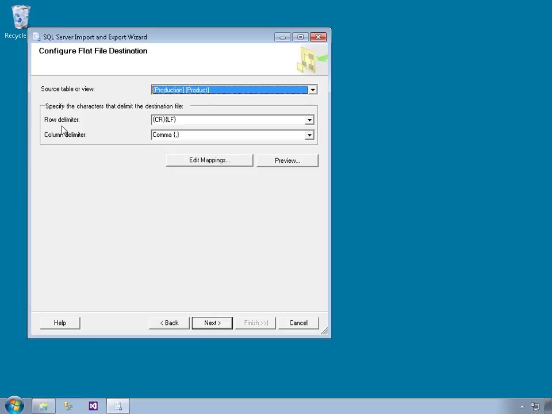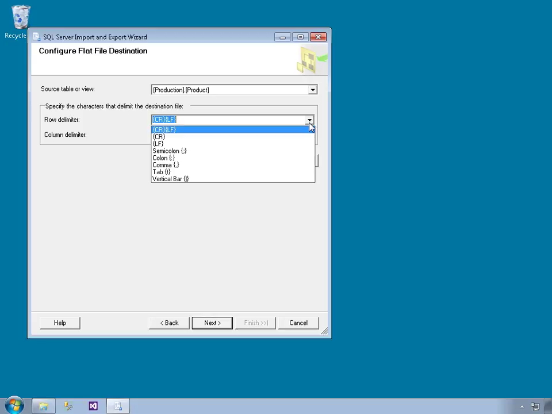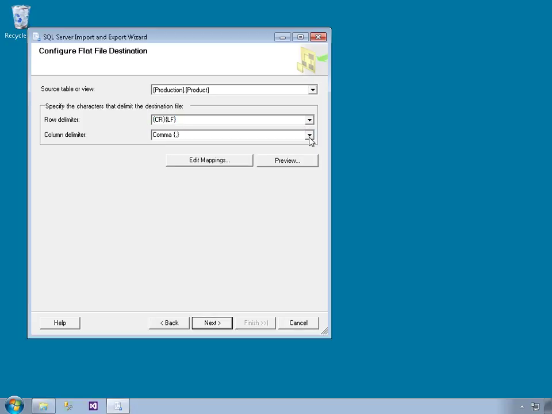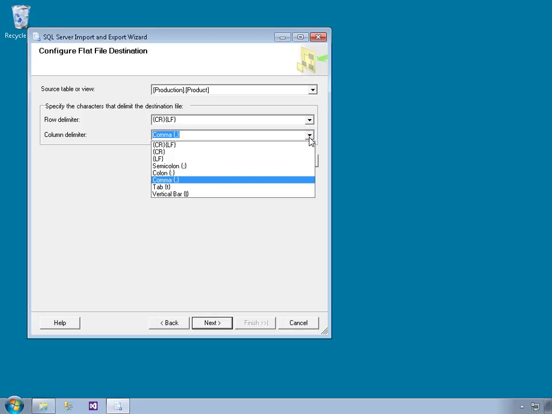And then I can specify what kind of delimiters that I want. Standard is carriage return line feed, so I'll leave that. And then I can also specify the column delimiter. And once again, the comma option is just fine for this. But I can use various other options as well. If I use this drop-down list, you can see there's various options there,